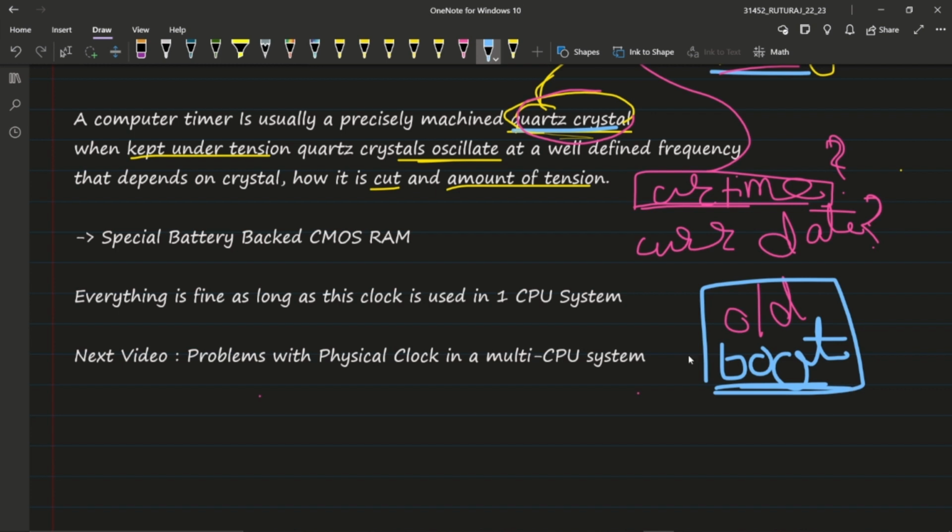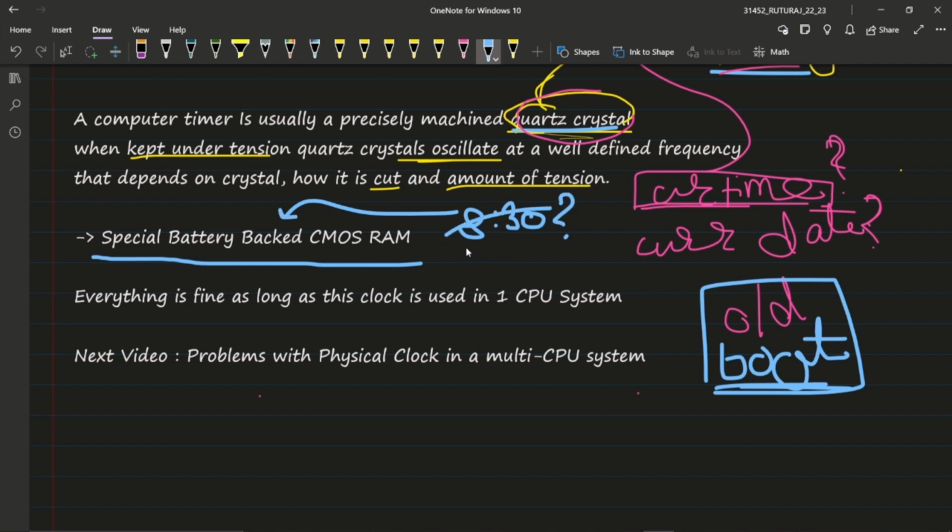How? In a computer system, a special battery-backed CMOS RAM is used. It keeps track of the time. Let's suppose the time is 8:30, and it keeps track of it in these battery-backed cells. So whenever you restart, it doesn't ask you what the time is again. It already has 8:30 and will keep on processing and calculating the time further. It won't ask again. So for such cases we have the special battery-backed CMOS RAM, so that every time you boot or restart, you don't have to mention the time and date again and again. So that is a very important point.